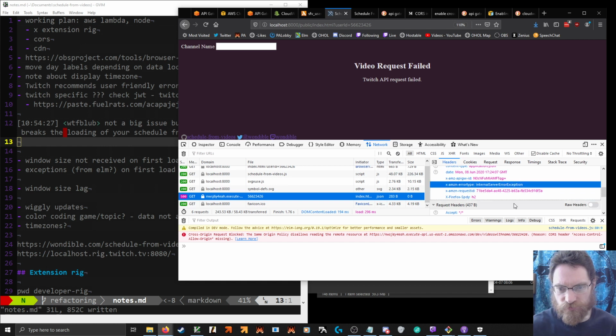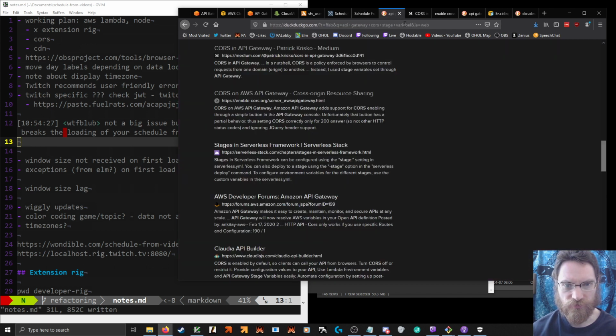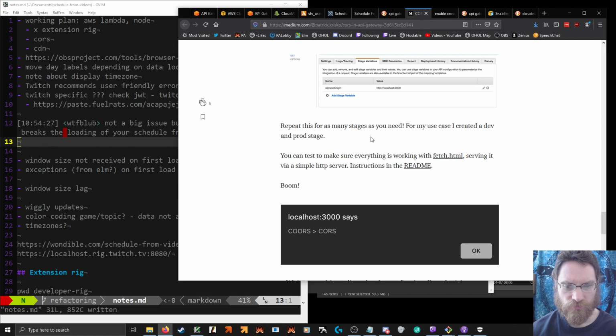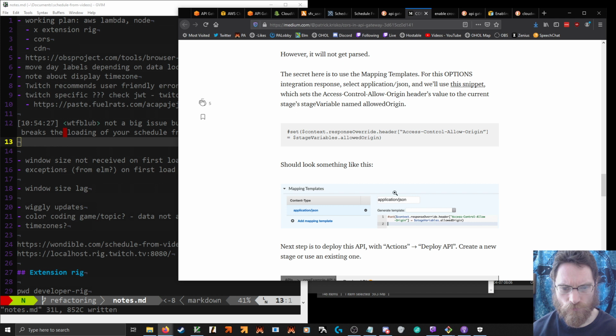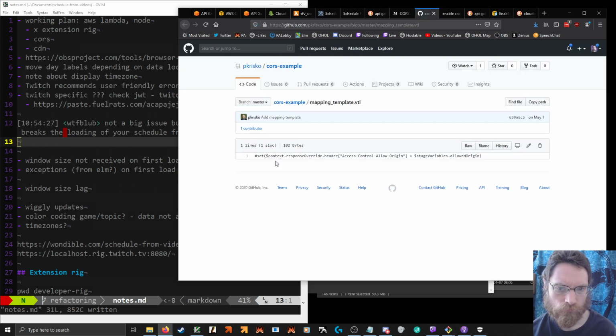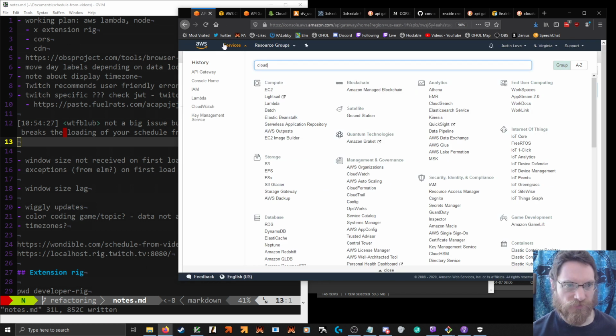Oh no, it's an internal server error. So it doesn't like the format of that template. Oh, well, I mean, that's... You know what? It looks like there may have been a tab in there. I wonder if that messes it up.